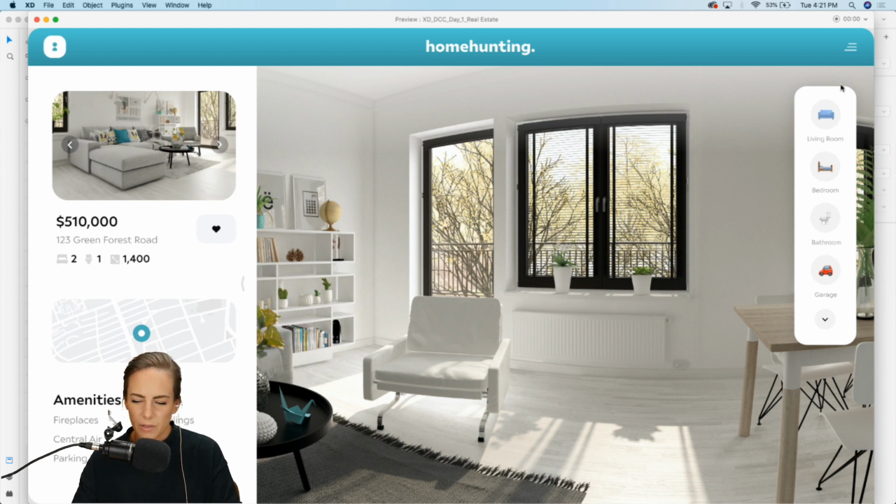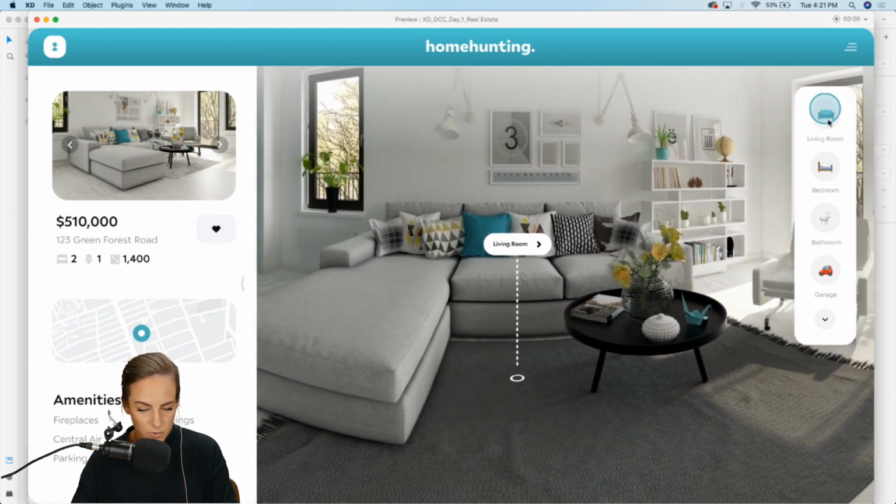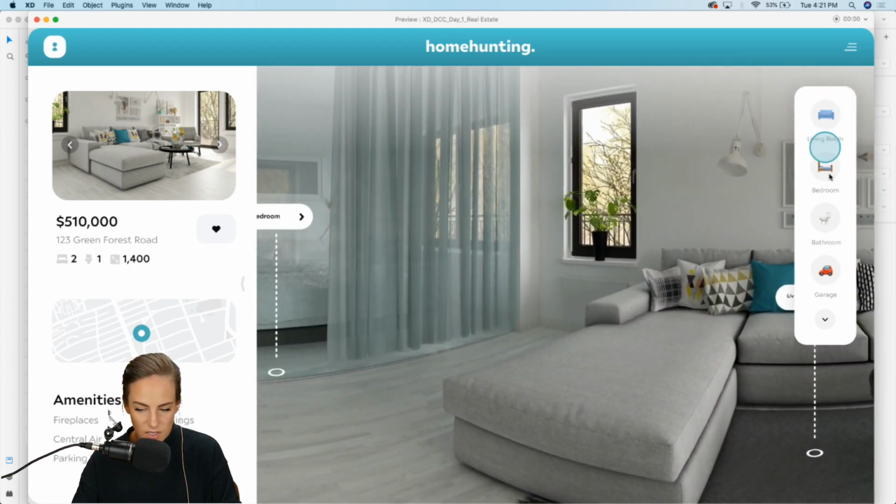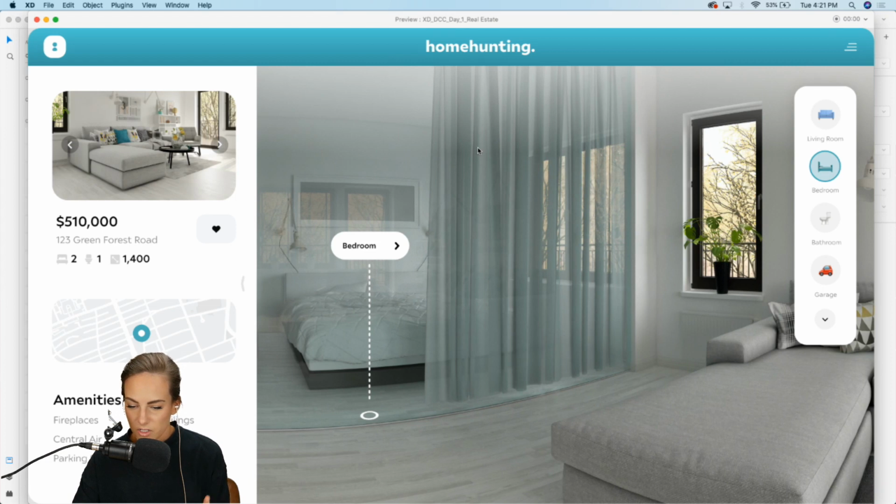That was a little quick. I might change that. Little animation going up. Then we've got the living room. Looks great. And lastly, the bedroom. So that looks nice. The only thing that kind of bothered me was that these little circles were also moving